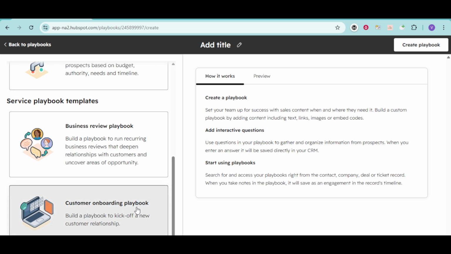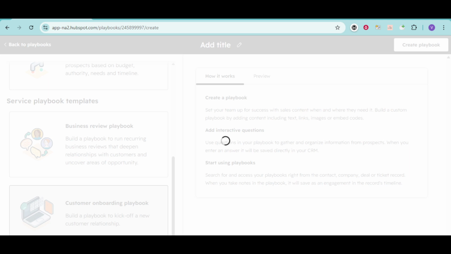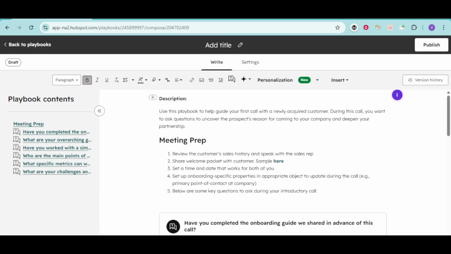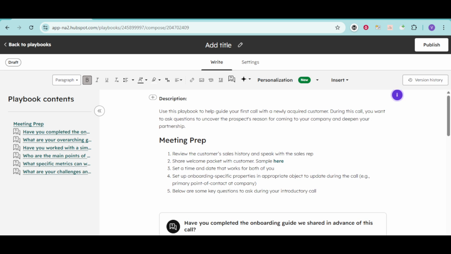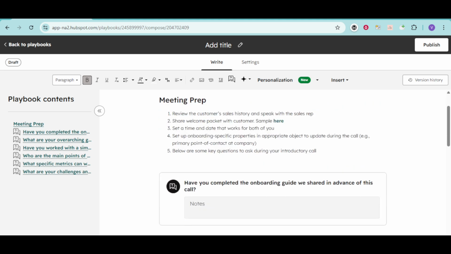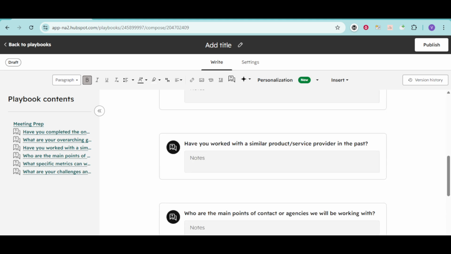Once you've decided between a template or starting fresh, it's time to modify and customize your playbook. This step is where you can really make the playbook your own. If you've chosen a template, review the existing steps and information. Think about what needs to be adjusted to better fit your team's processes and objectives. For those starting from scratch, start by outlining the key steps or elements that you want to include in your playbook. Consider what information will be most helpful for your team and how you can present it in a clear,